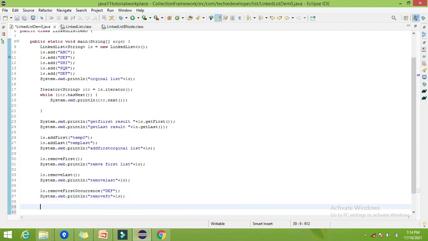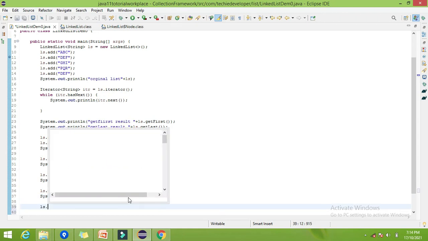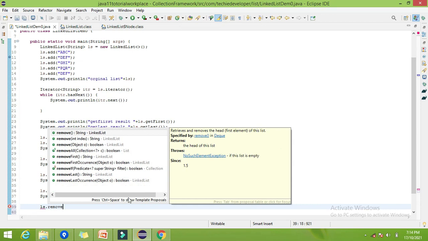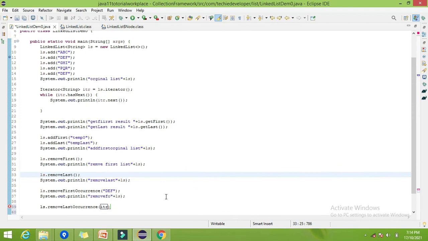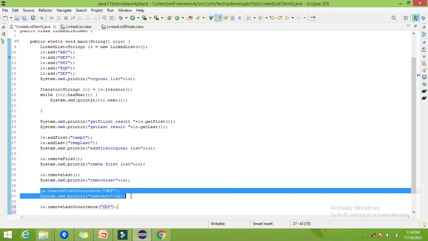Now we have another method called removeLastOccurrence. So now let's try to remove the def here. Now let me comment this, because I have removed the def here, so we will not get a clear picture. So now we have the last result here, and now we are removing the last def.